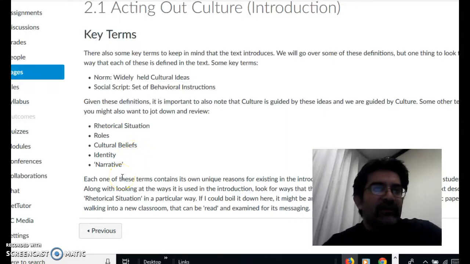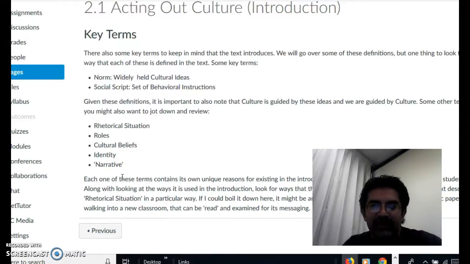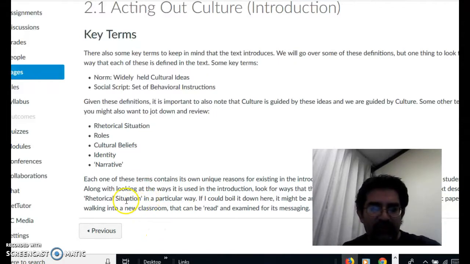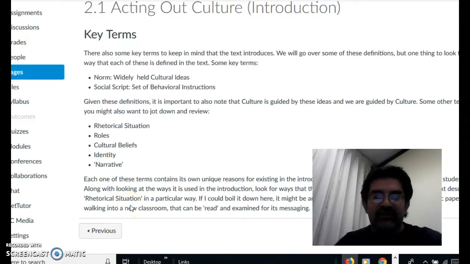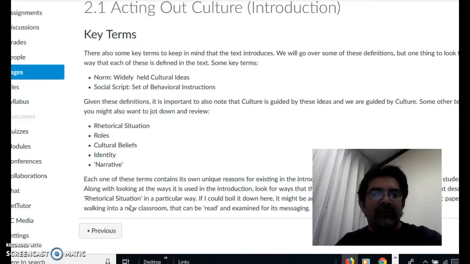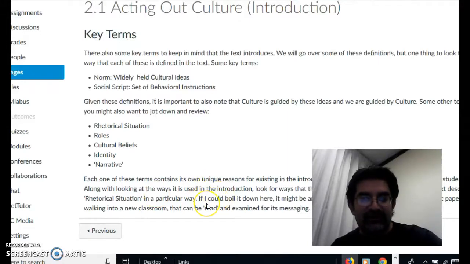So at the bottom here, there's a little outro that has some commentary. Most of this commentary is sort of my words for the most part. They may quote some parts of the text. For example, I use the term rhetorical situation and how it is used in a particular way. That particular way is basically how the text defines rhetorical situation. So when I put little quotes around there, I'm probably guiding you towards something. Later in this sentence afterwards, it says, if I boil it down here, it might be any situation, whether it be in a formal academic paper or walking into a new classroom,